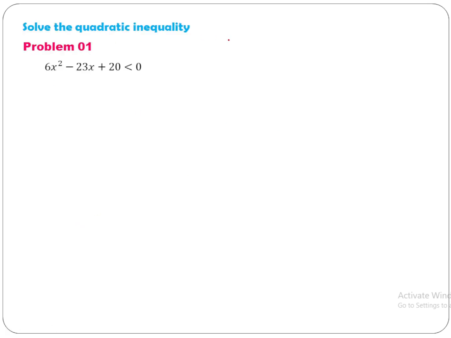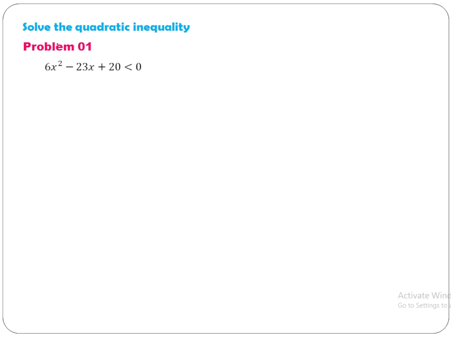Let's see the problem. A quadratic expression is given with an inequality like less than or equal to, greater than or equal to, with an expression or 0 on the right-hand side. We have to solve the inequation. That means we have to find x which satisfies the region provided.